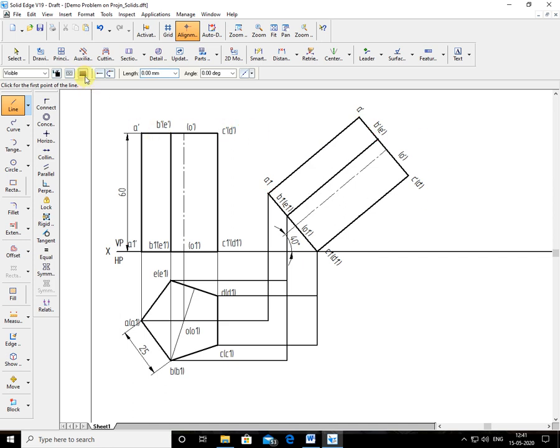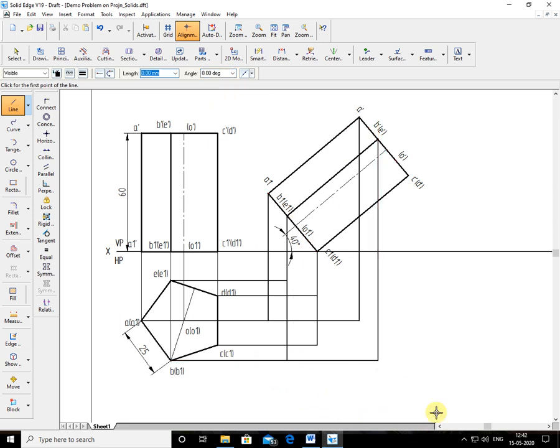So I'll make it 0.5 for visibility. So A dash. Where is it here? Again I use the 90 degree option here. By using 90 degree, you can get it very easily. Now where is A here? A is here. Activate this one, you get the A point. So the projector of B1, where is B here? I'm using 90 degree because mouse handling may not be perfect. That's why you have to use this method.